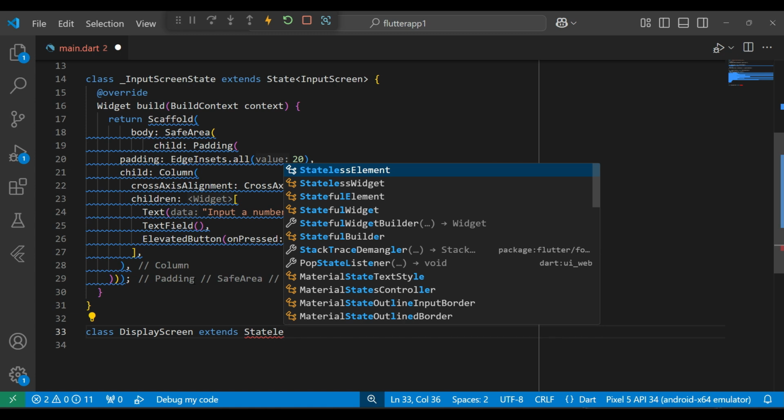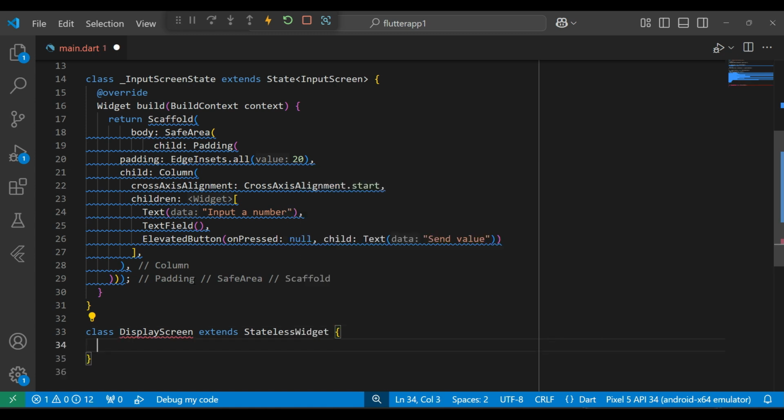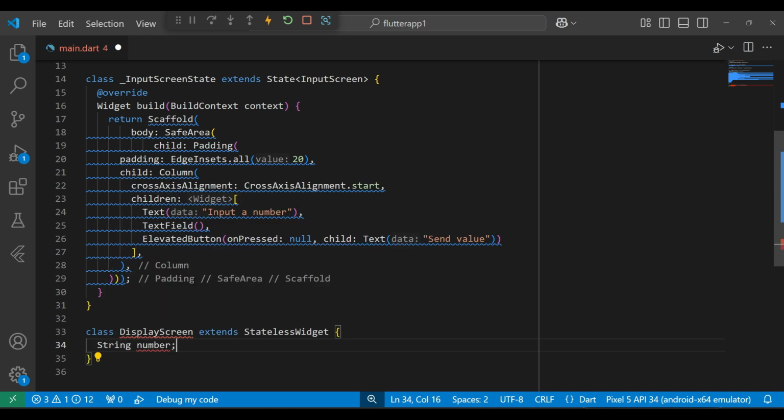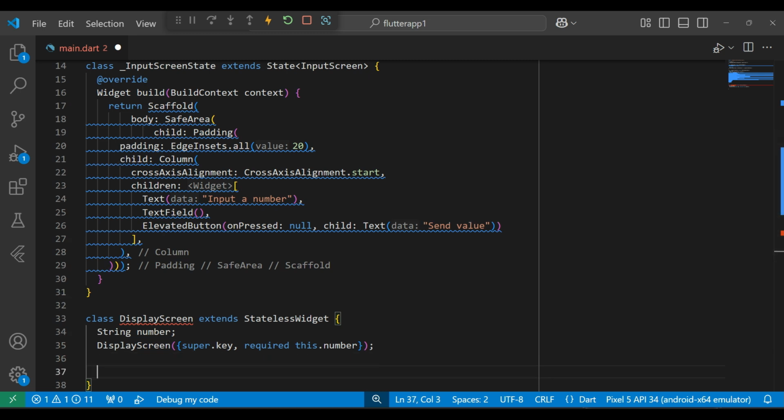Stateless widget, and let's define a string value, and then super dot key comma required this dot number. So we called the constructor,